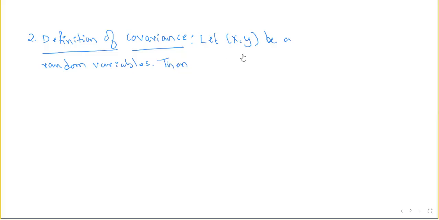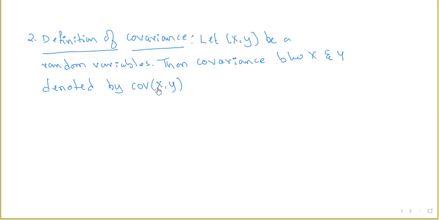Then the covariance between X and Y is denoted by COV, which is nothing but the first three letters of covariance, between any two random variables. So that is denoted by Cov(X, Y) and is defined as,